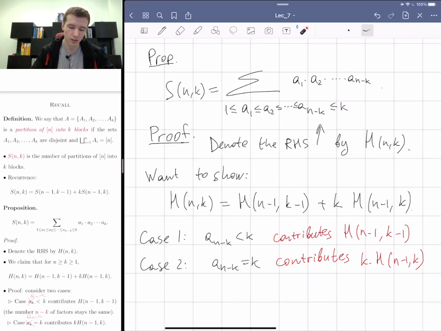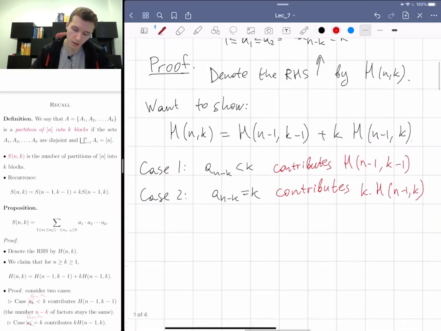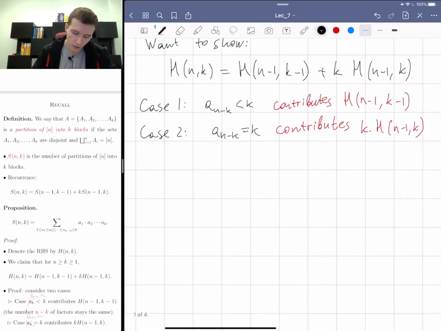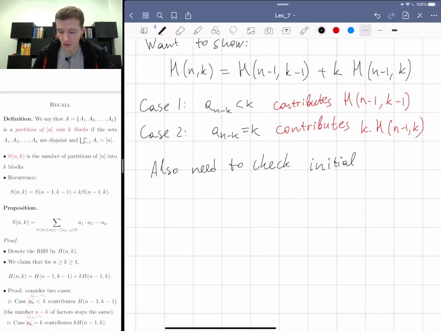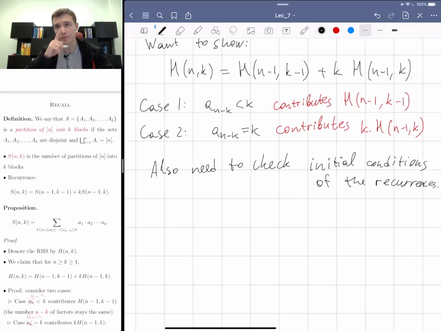So what are the initial conditions? Let me write it down. We also need to check the base case of the recurrence, the initial conditions of the recurrences. And the initial conditions are,